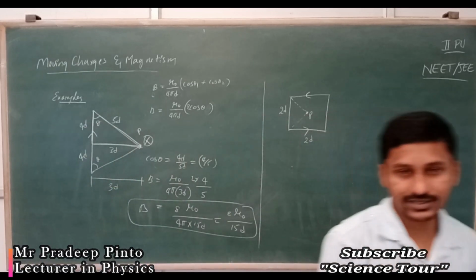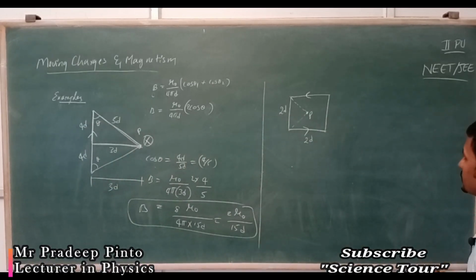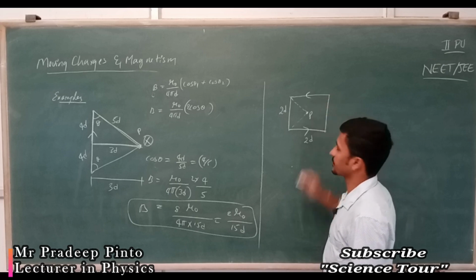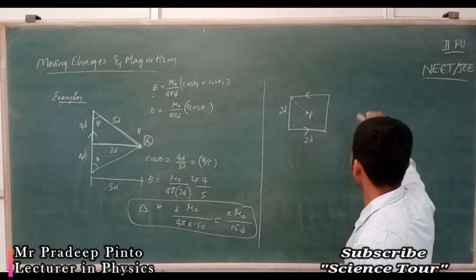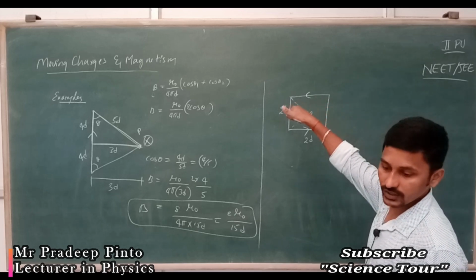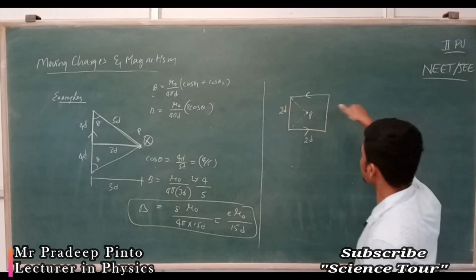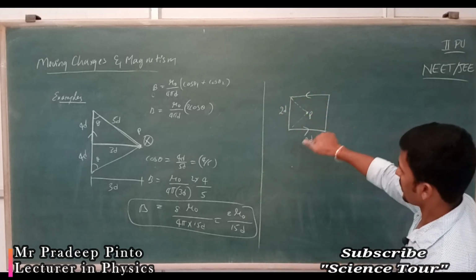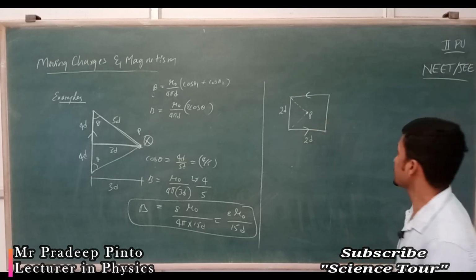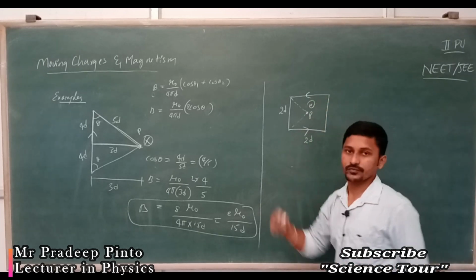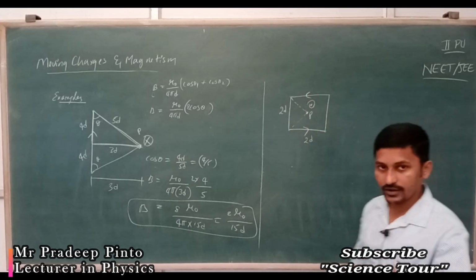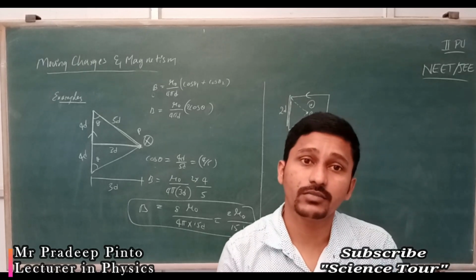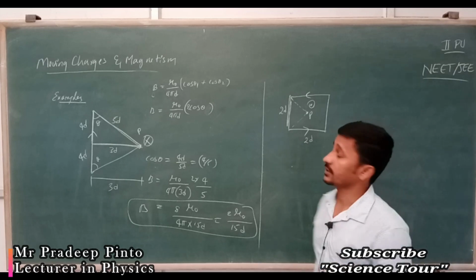The next question is a square with sides 2d and 2d. You have to find the magnetic field because of all the current loops here. The current is clockwise, so by the right-hand rule the fingers curl this way and the magnetic field is towards you. I find the field because of only one arm and multiply it by 4 to get everything.